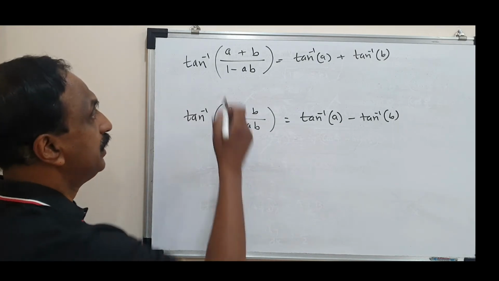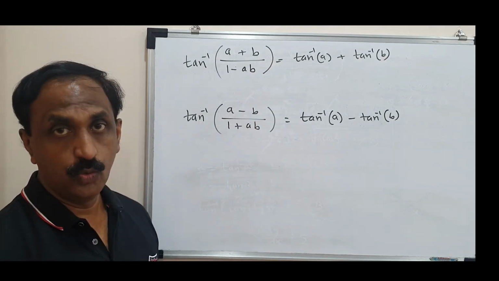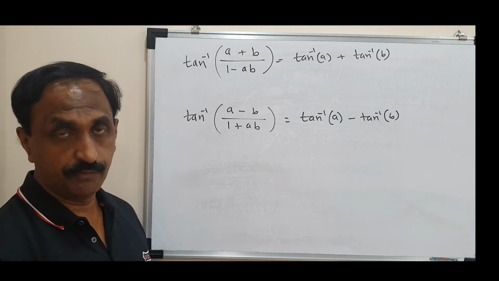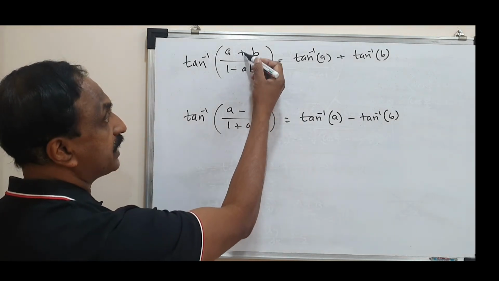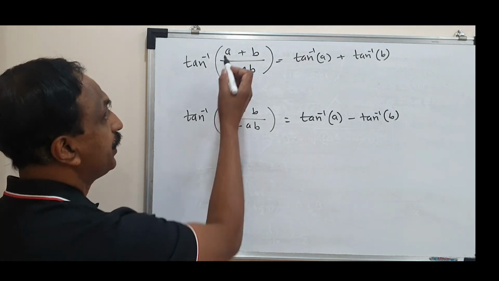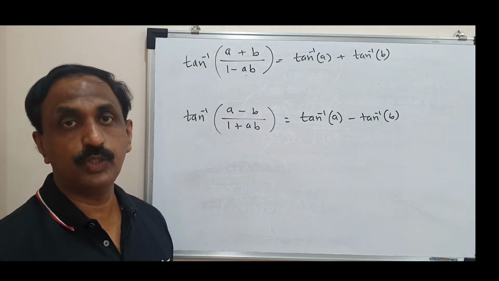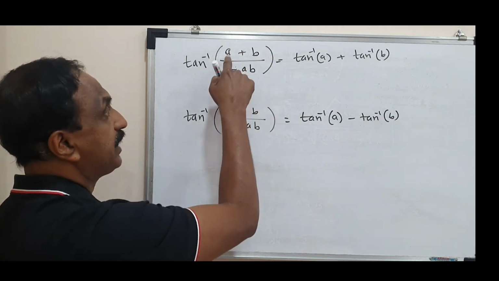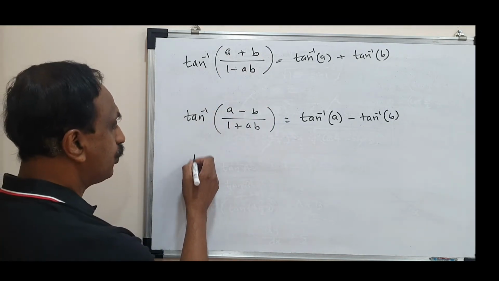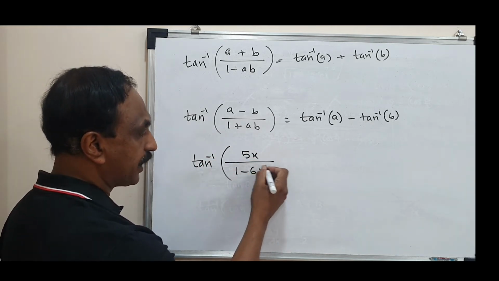Another point to remember, whenever I want to apply this formula, the sign should be opposite. I'm telling you, this is the most important. How will you recognize whether we can apply this formula or not? First point, you should be able to arrange it in such a way that they are opposite signs. Second condition that you must remember is, like in a quadratic equation, the sum here and the product here. You should be able to divide the terms in such a way that the numerator is the sum and the second term in the denominator is the product. Suppose I give you tan inverse of 5x upon 1 minus 6x square.